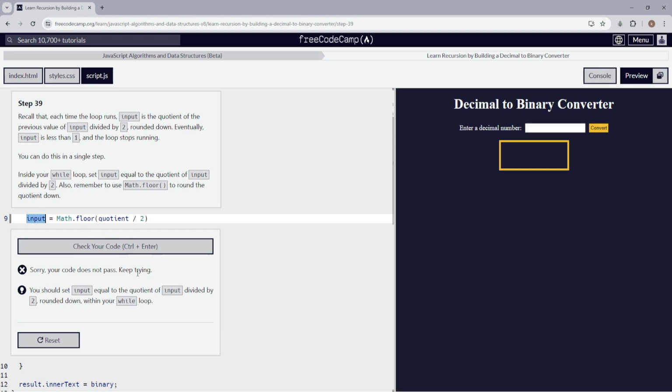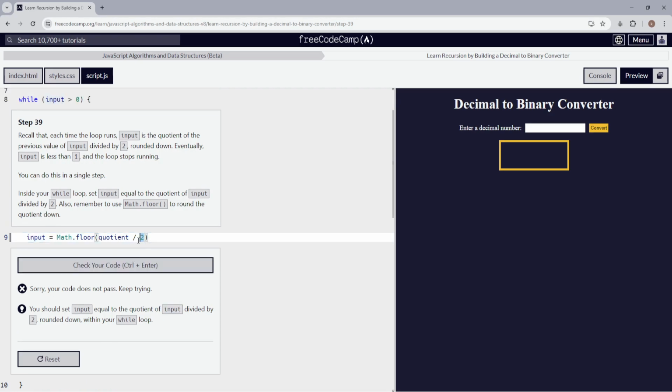So our input should be equal to our quotient of the input divided by 2. So input dot